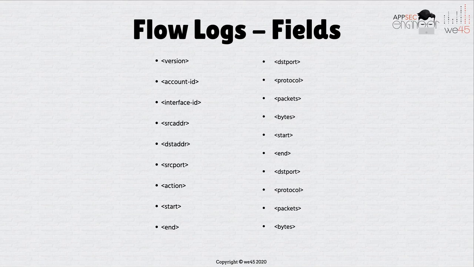Now, when it comes to the flow logs themselves, this is what you're looking at. Flow logs do not capture the entire packet or the entire contents of the traffic, but more metadata: the source address, the source port, the destination port, the start time in Unix timestamp, the end time in Unix timestamp, the protocol, the number of packets that were sent, the number of bytes that were sent, the destination port, the destination protocol, the number of bytes that were sent to the destination. All of this is essentially captured in your VPC flow log. Source information and destination metadata information is captured in a flow log.